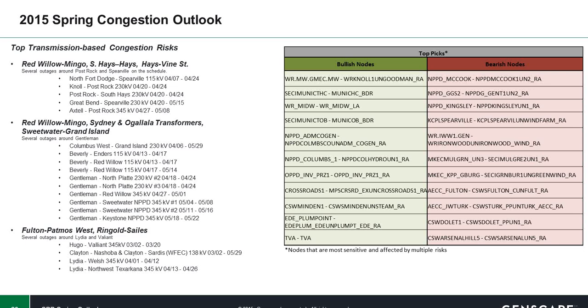And finally, as we mentioned in the last slide, there are a bunch of outages around Lydia to Valiant, which will continue to make Fulton to Patmos West and Ringgold to Sales a continued risk for this coming spring. If you look on slide 20, on the right side, we have our top picks of